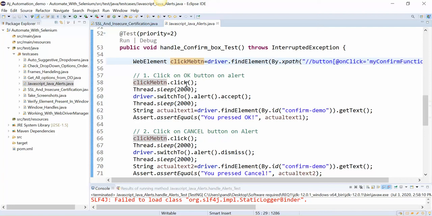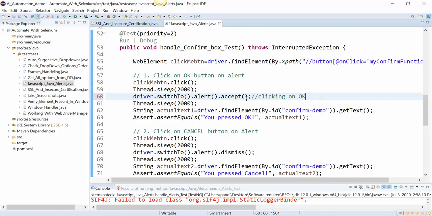After that we are going to click on that button. Then we are going to switch to that alert and accept it, which means we are clicking on OK.